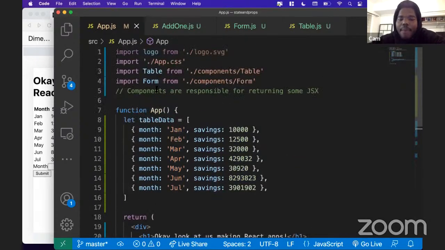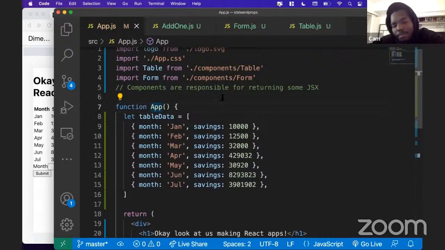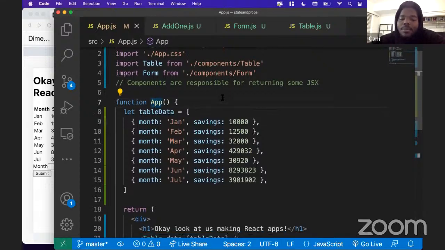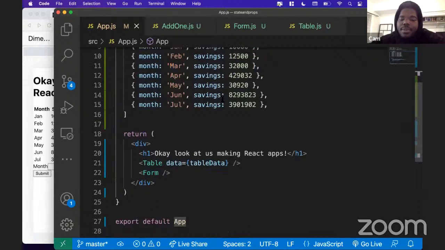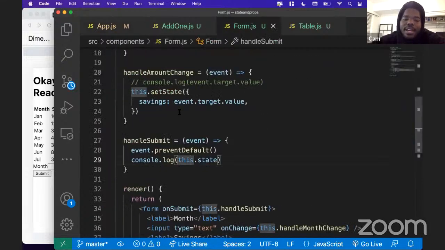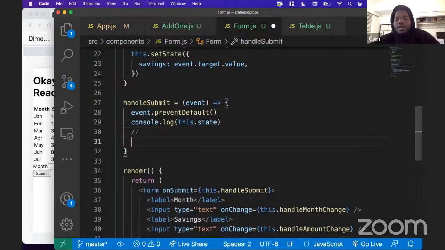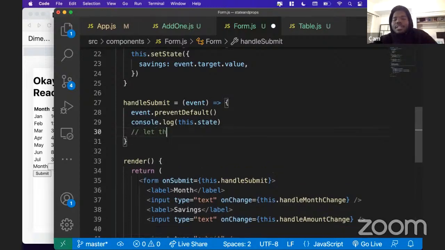Well, the app is also a parent component of our form. So there is a way for the form to talk to the app, right? We got to use props. But what we want to do here is something a little bit more sophisticated, wherein our form is going to communicate with our app when the form is ready to submit, right? Because now the form has some state here. Maybe what I want to do is let the app know and pass this data,